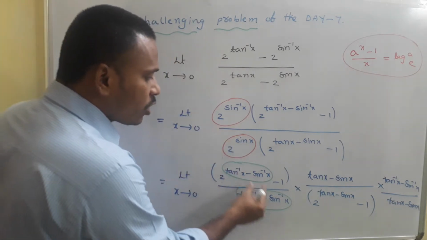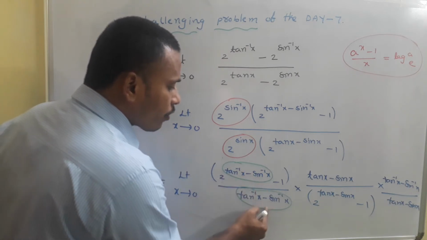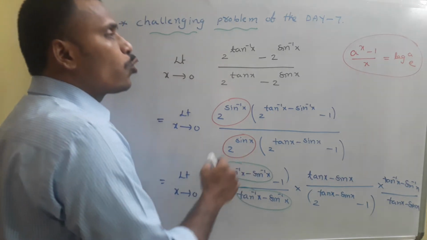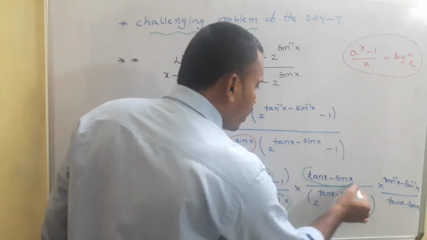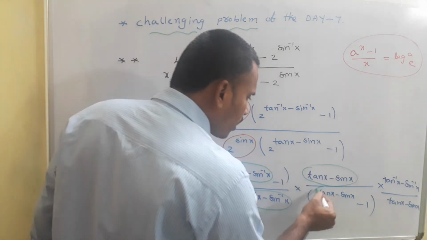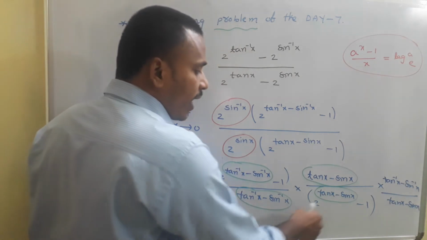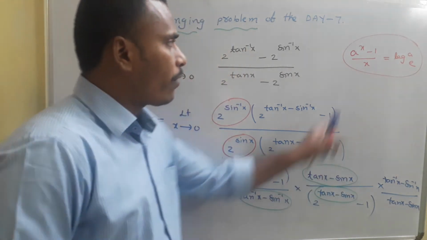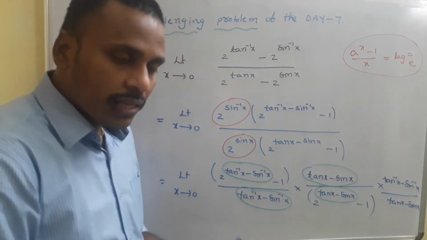See, just these two are the same thing, the same quantity. So it is 2 power something minus 1 by something, just of this form. So its answer is log 2 to the base e. And again, when you look at this, here again tan x minus something is a certain quantity. The same quantity is repeated here, like 2 power something minus 1. So again it can be written as 2 power something minus 1 by the something, like a power x minus 1 by x. So its answer is 1 by log 2 to the base e.